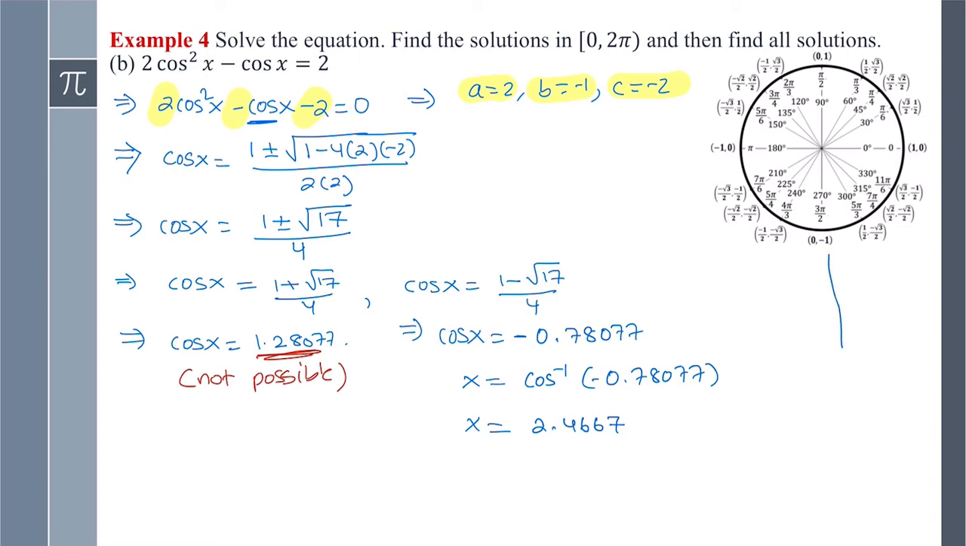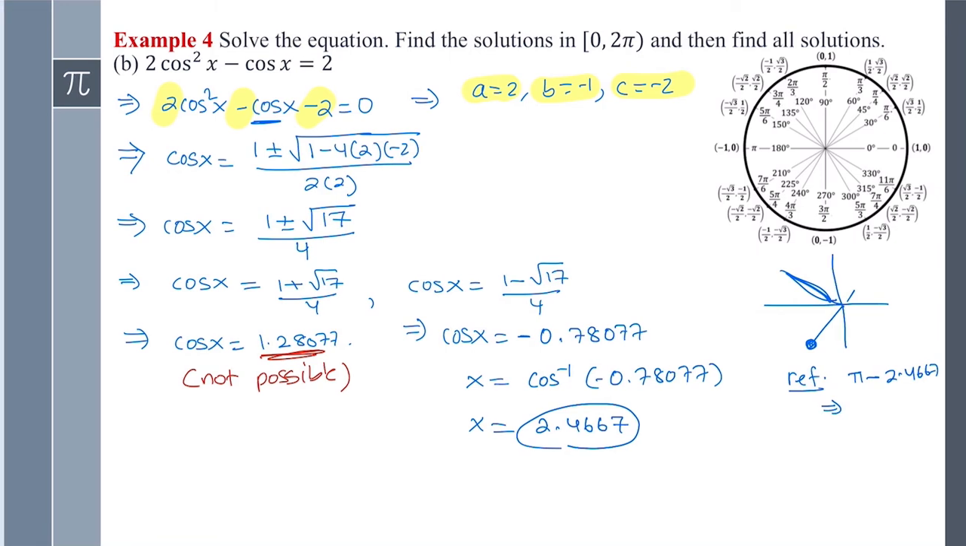We know that cosine is negative in the second quadrant and the third quadrant, so it's a little bit tricky here. In order to find the angle in the third quadrant, first we need to find the reference angle. This is the angle in the second quadrant, so the reference angle, or the acute angle in the first quadrant, is given by pi minus 2.4667, which gives us